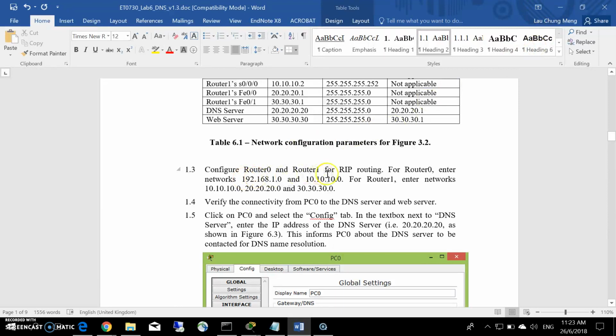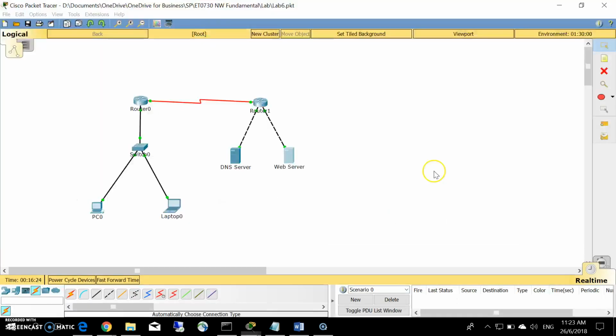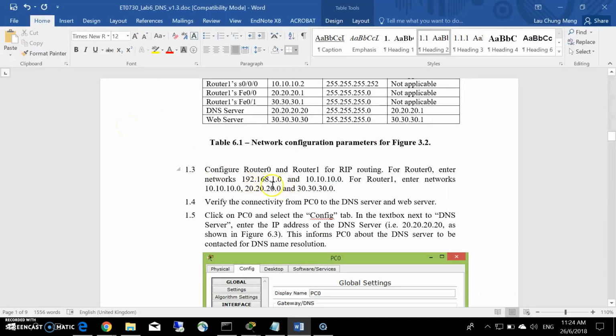Next, I'm going to configure RIP for router 0 and router 1. We have done that before, so in case you're not sure how to do it, I will show you again. Router 0 has two networks, the 192.168.1 network and the 10.10.10 network.